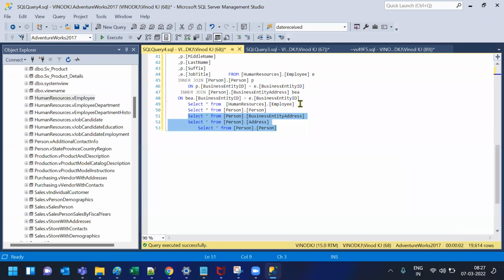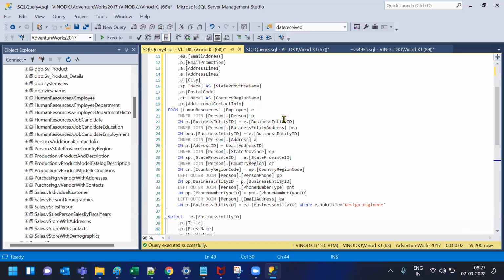So from the BEA alias table, there are no selected columns. But from A, they have taken address line 1, address line 2 and postal code. Clear? Very simple. Okay, let me just give you